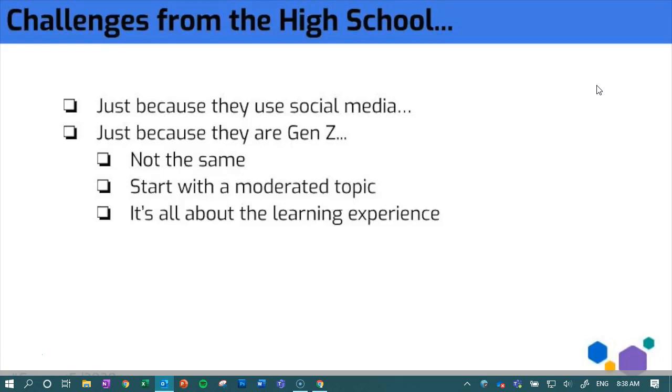Last year, when I used this in my science class, I didn't start with a moderated topic, which detracted my students from being comfortable or interested in the tool, and then it was a hard sell to sustain its meaningful use in our class. So I realized that with my students in particular, I need to give them time to acclimatize to the space, to use it as a tool to communicate with me first as being their only audience before opening it up to a broader audience.